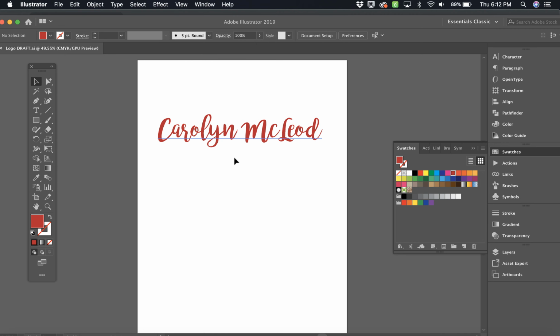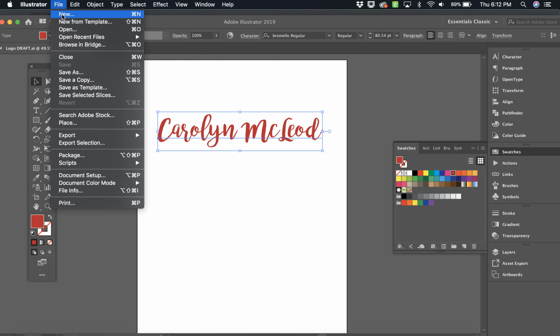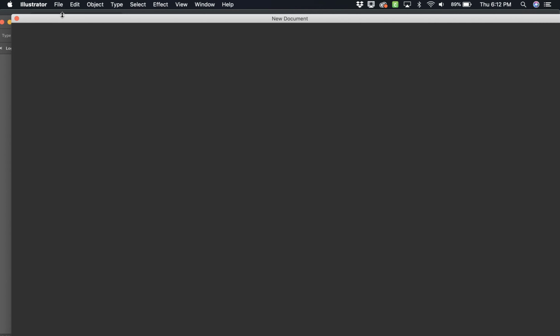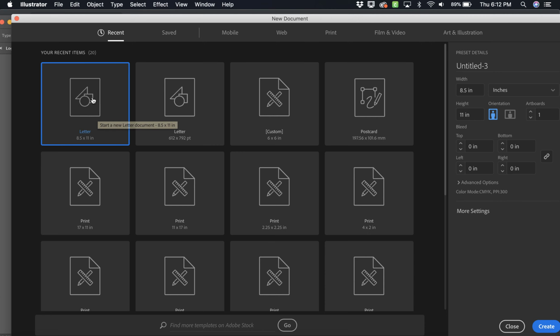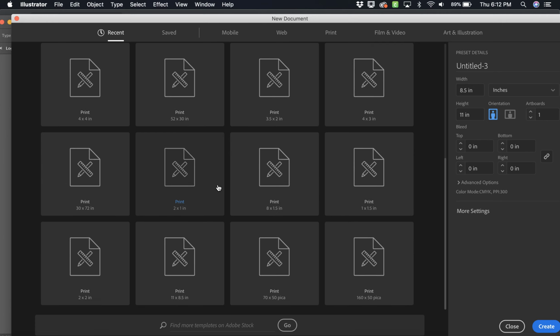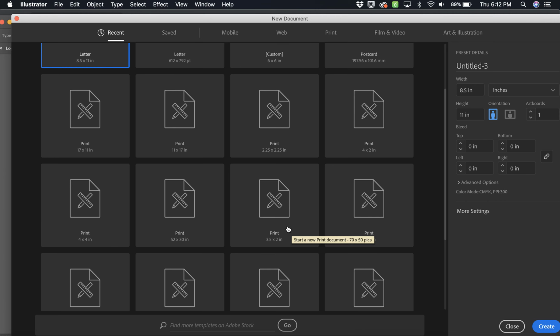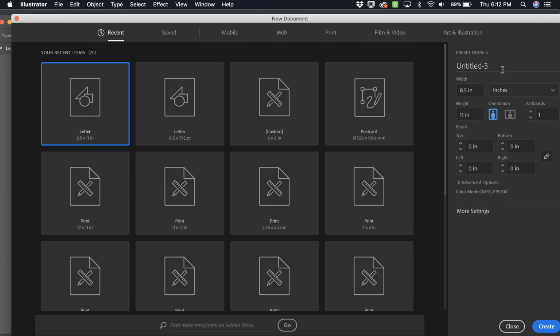I can select this name, my object, with my selection tool, like so, and I can copy it, Command or Control C, and under the File menu, I'll just create a new document. Here we are, but that's not what I want. I want a business card. So there are some presets here, or I can just type it in. I'm going to call this business card,